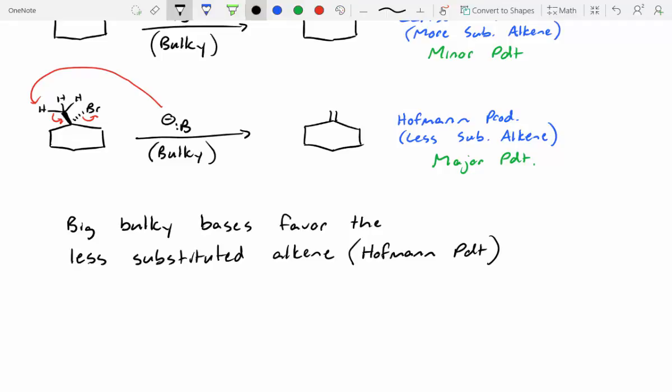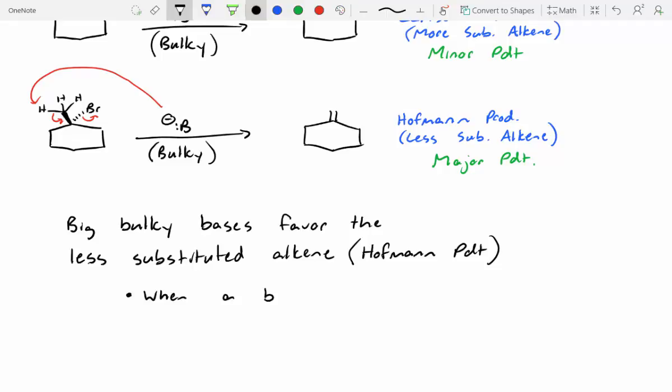Does it matter which one of those Hoffman, does it matter which proton goes off, or does it not really matter for that one? For that one, it doesn't really matter, but it still should be anti-coplanar. However, with the methyl group, we know it can spin around like a helicopter blade, so it could be any of those 3 protons. So big bulky bases favor the less substituted alkene, and the reason for this is